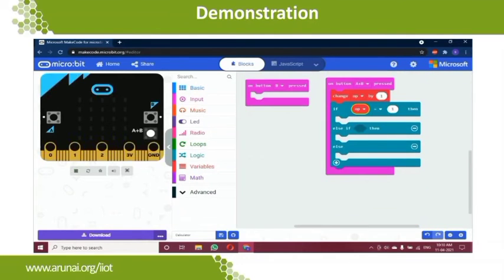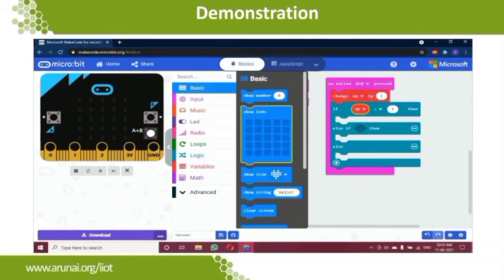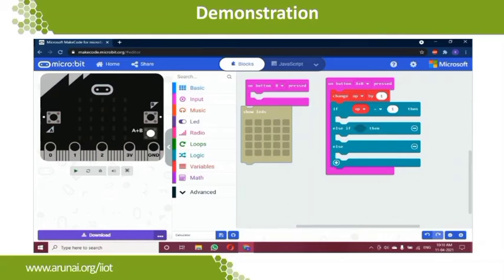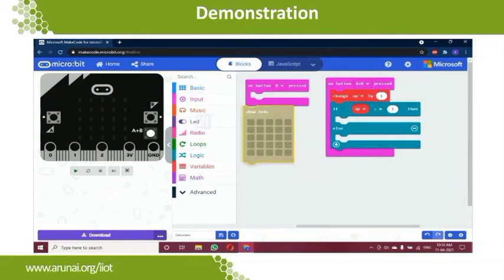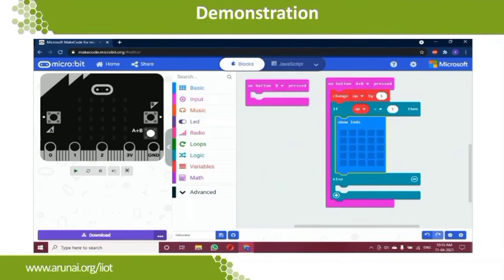That is, if operator is equal to 1, what is the operation to be performed? That is what we are going to show. So I'm going to first show what is the operator that is going to be under value of 1. I'm going to use the show LED function, and our first operation is plus, that is addition. So I'm giving the plus operator.